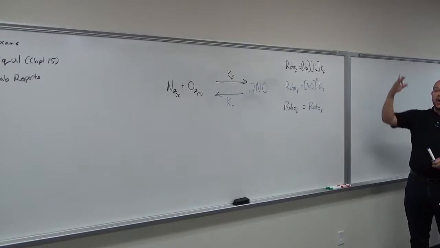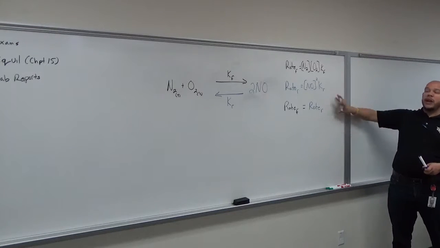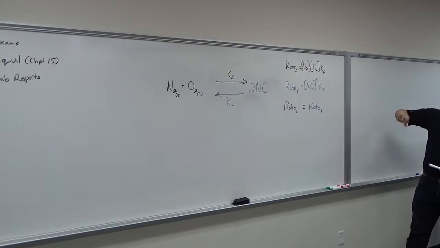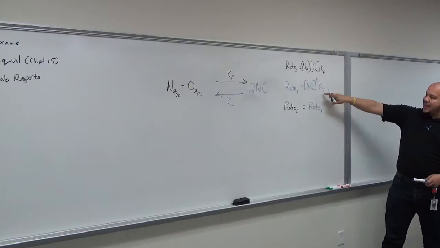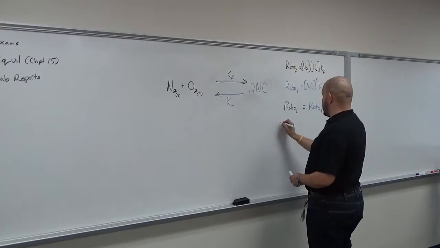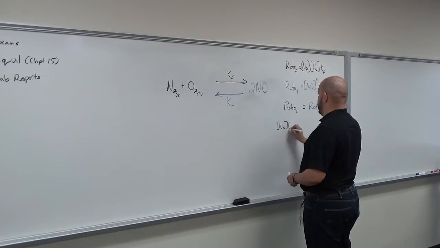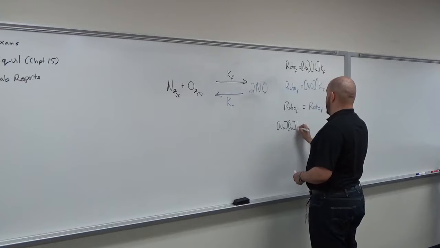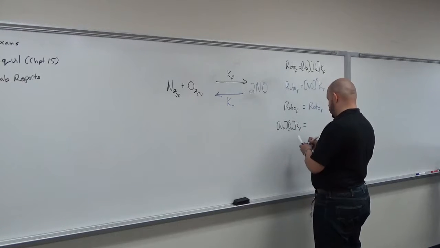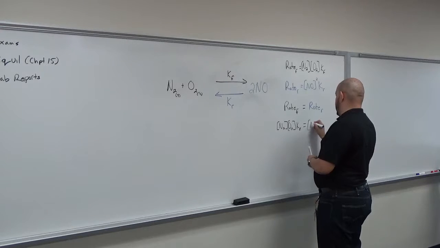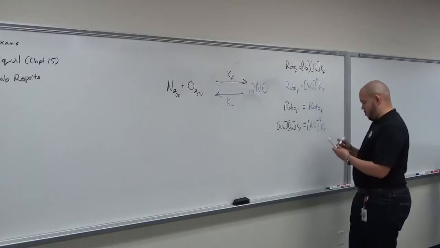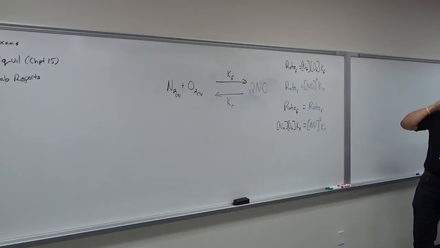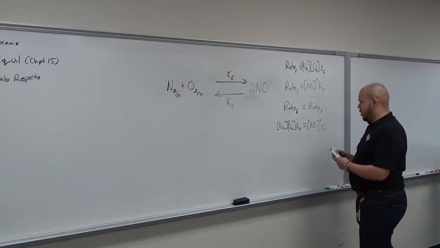What we can do for any of these examples is relate that if the rate is equal to Kf times N2 O2 and Kr times NO squared, then N2 O2 Kf is equal to NO squared Kr. And if we divide and put products over reactants, we see that